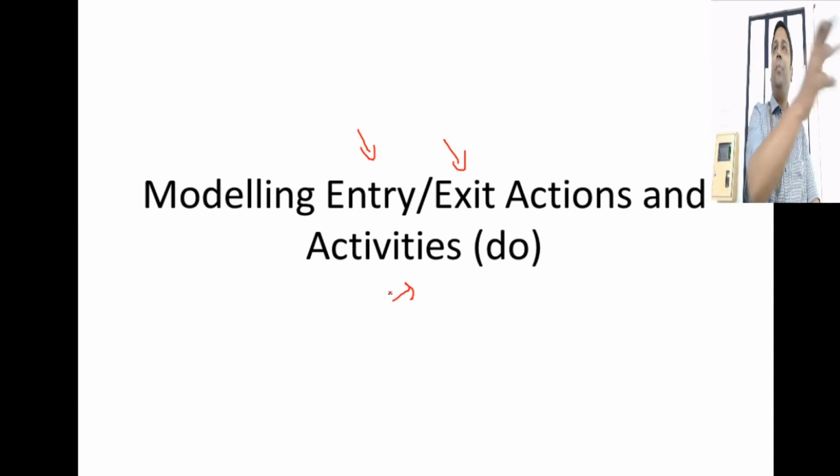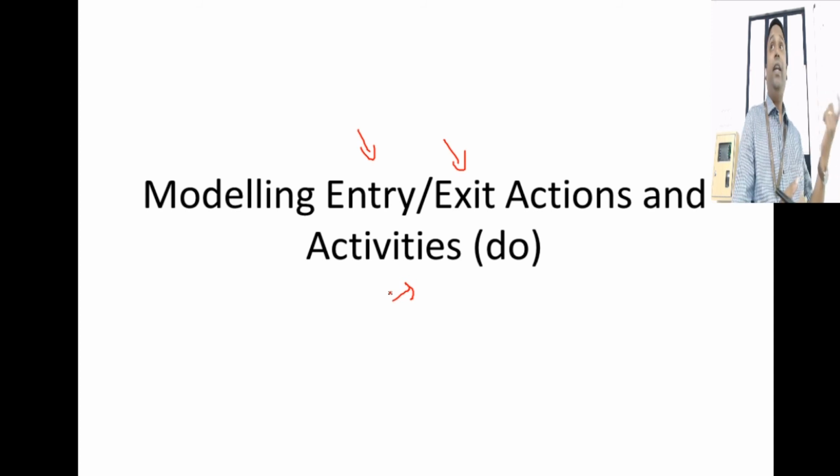Say when he becomes a payment defaulter, when I'm moving him to a payment defaulted state, what should I immediately do when I enter into the state? Send a mail to the user: "Man, you have made a payment default." So that might be the entry criteria. When he enters into that state, first send a mail to that user, notify him of his defaulted payment.